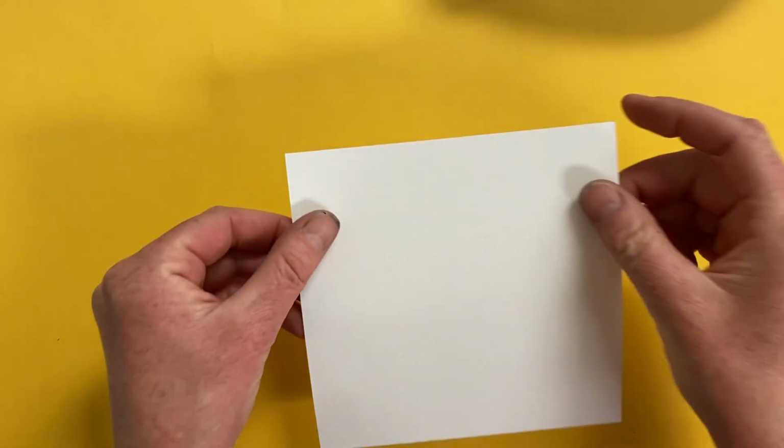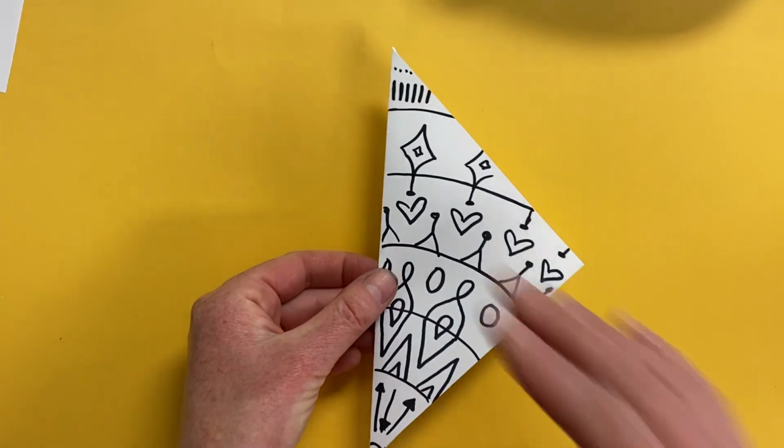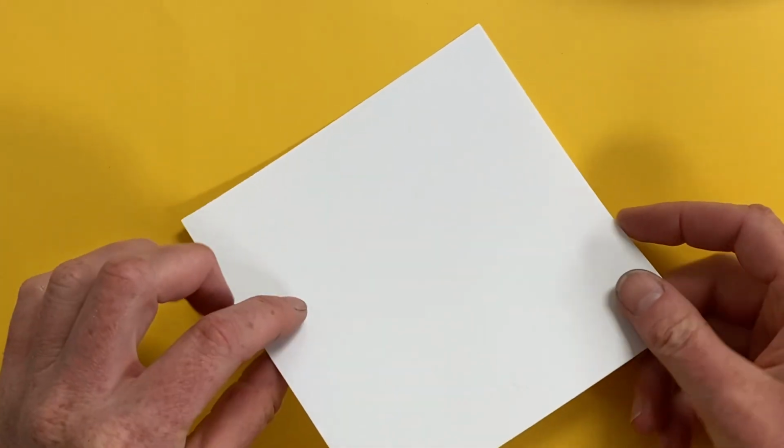The first step is to take a square, then we're going to be folding it into a triangle and eventually making our design on one side of that triangle. So let's get started. You will be taking that square and very carefully, you will need to fold it